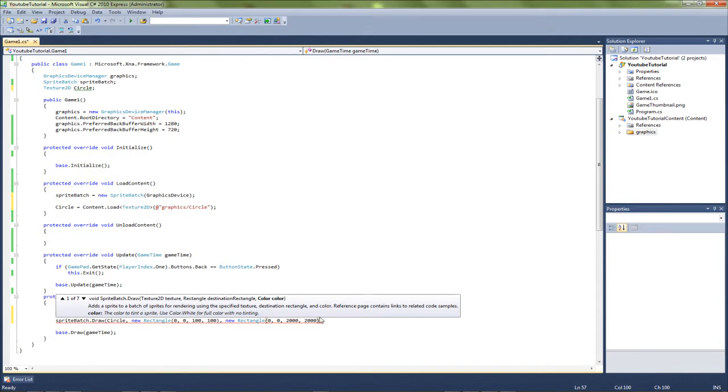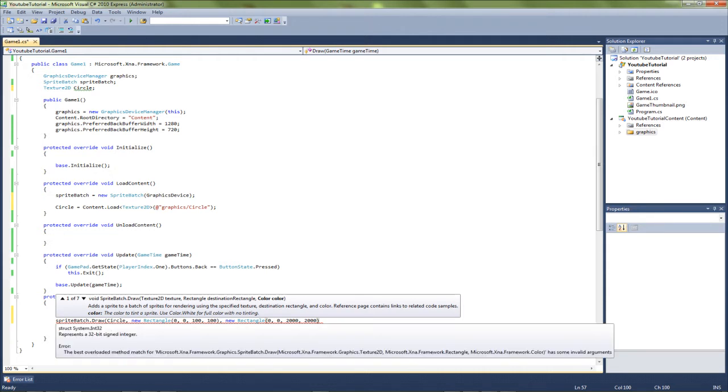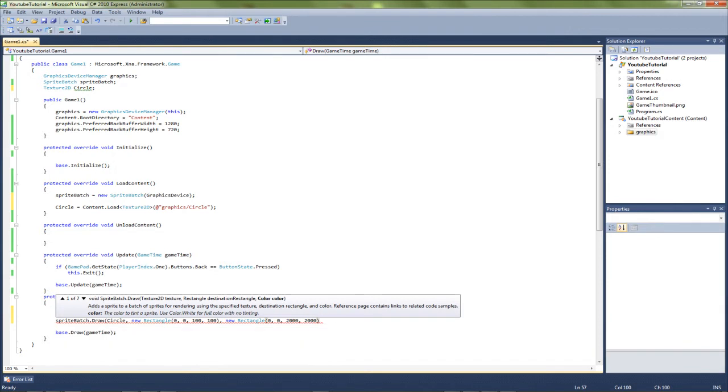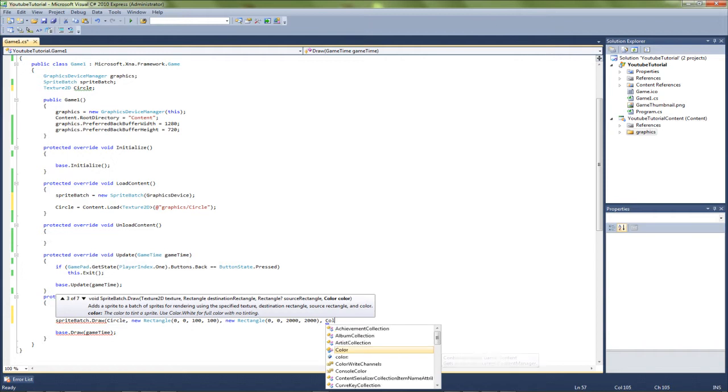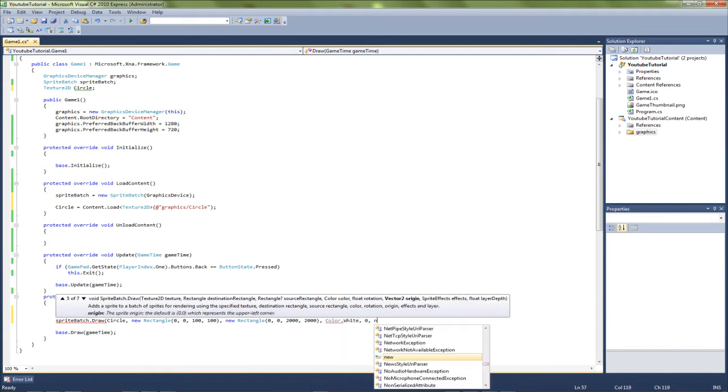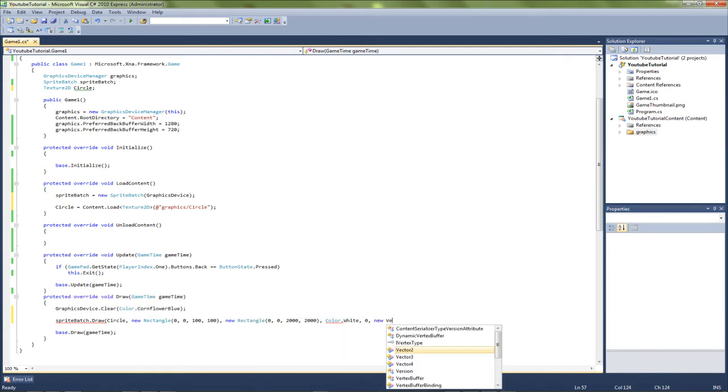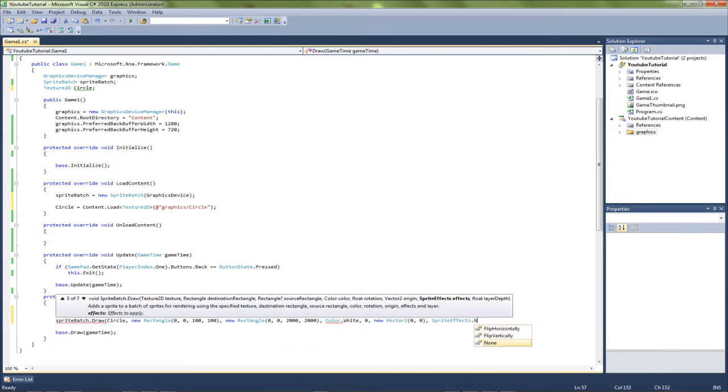Yeah, and then say you want to get the bottom right one, half the sprite sheet and half the sprite sheet, and then half the sprite sheet and half the sprite sheet again. So it'll be more obvious later. So I'll just make a new colour, dot white actually, new vector 2 0 0, sprite dot non